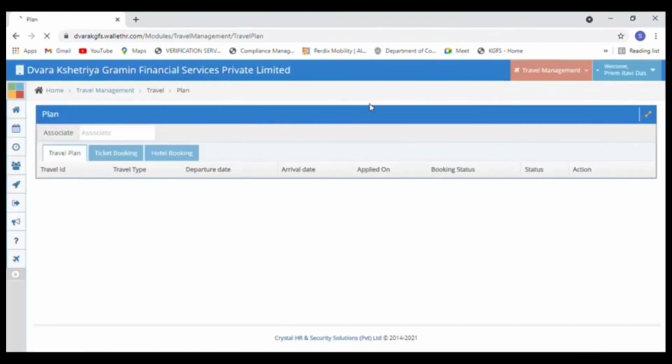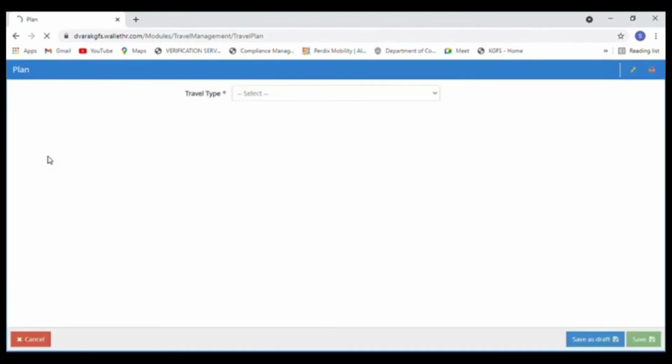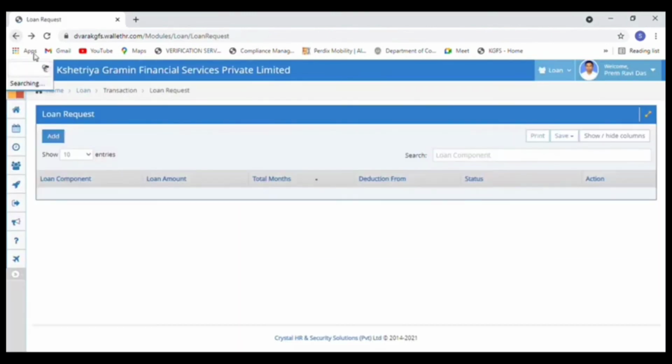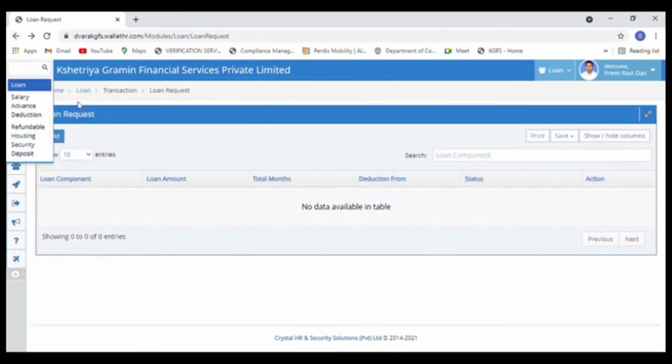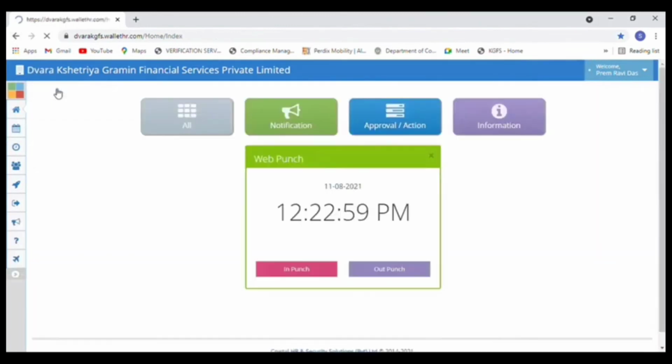Click on plan. Click on add. You can click on travel type and select the travel types. After selecting it, you can click the save button. This is how you can plan your travel and claim it.